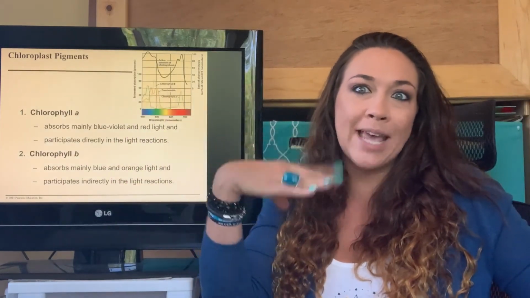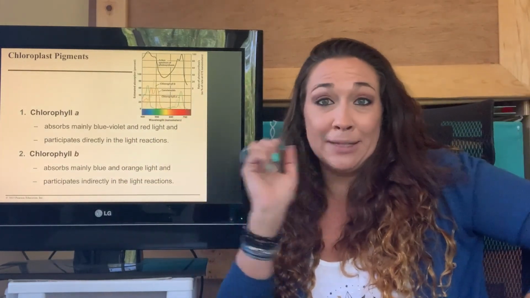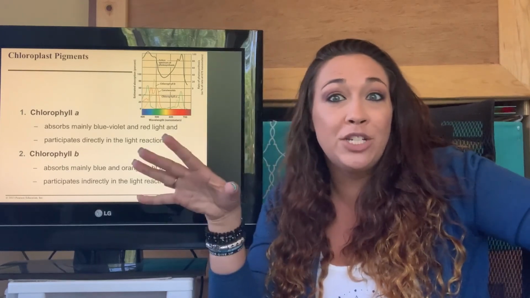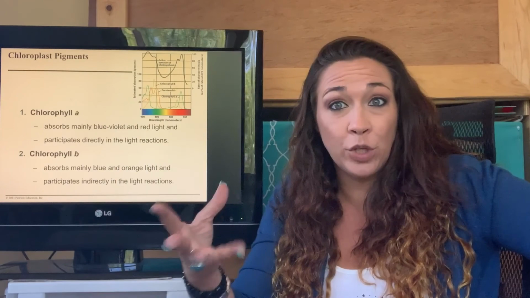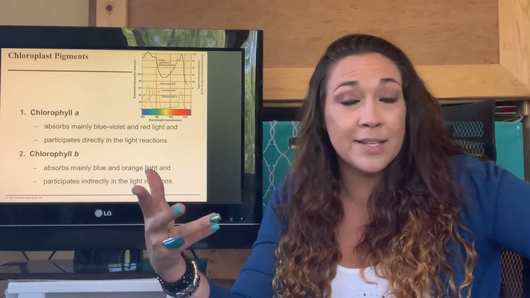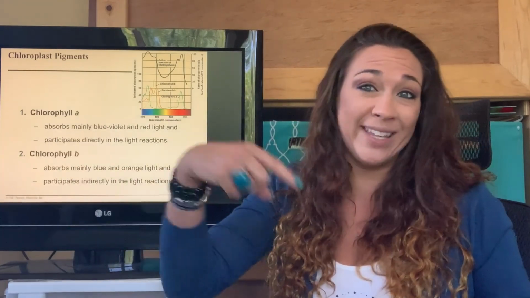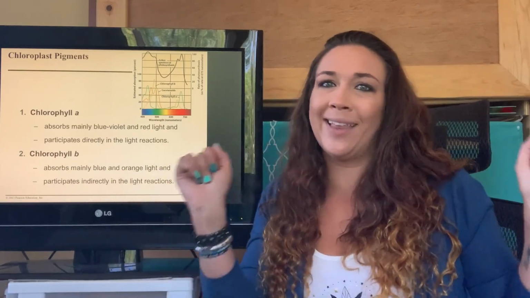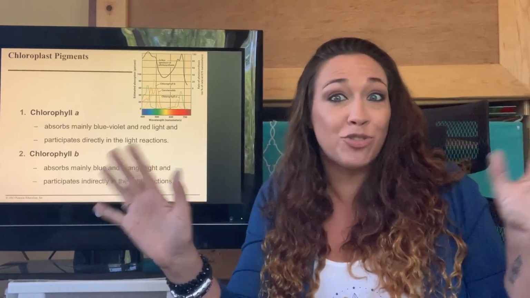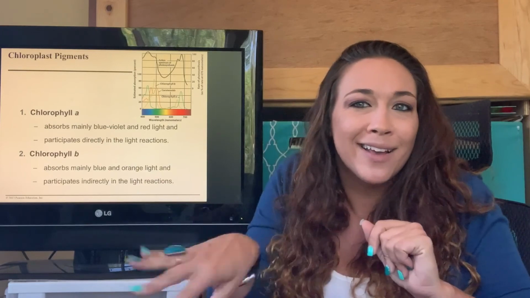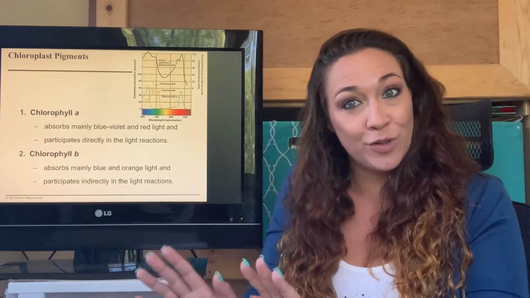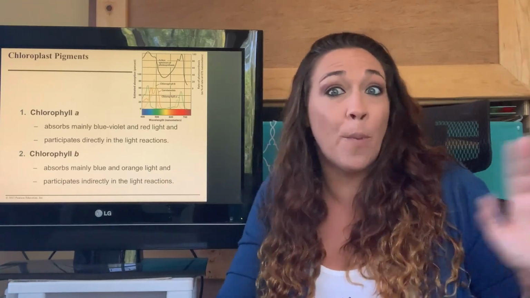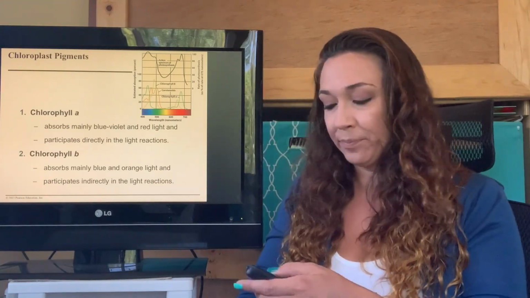It's kind of used as support. So if it's a bright sunny day and it's totally beaming down on you and you're like, all right, that's a little bit too much sun. I don't need to do this much photosynthesis. Because remember, photosynthesis uses water. So if you do too much photosynthesis, potentially you could dry yourself out and kill yourself. So chlorophyll B is like, all right, I'm going to absorb some of this extra light energy and we're just going to store it. We're not going to use it for photosynthesis, but we're going to help support photosynthesis and make sure that we don't burn out as a plant. Yeah, pretty important there.